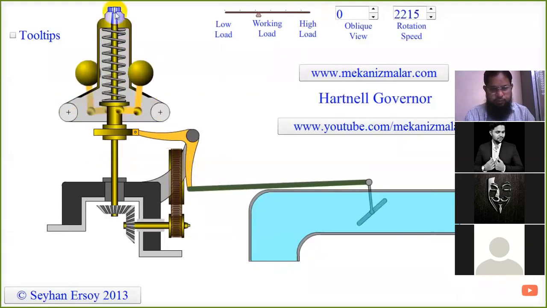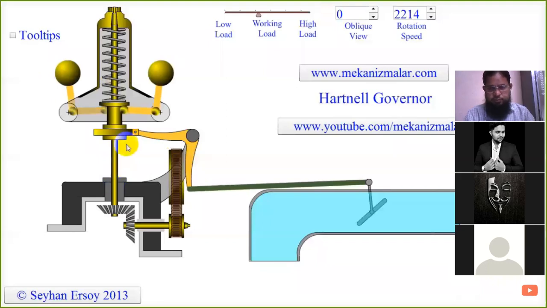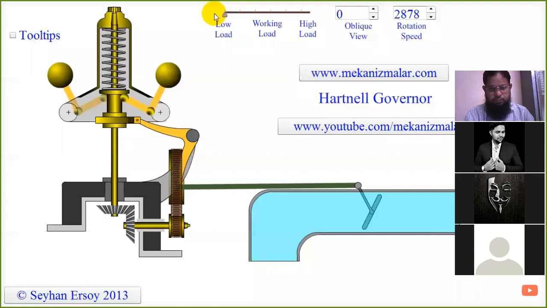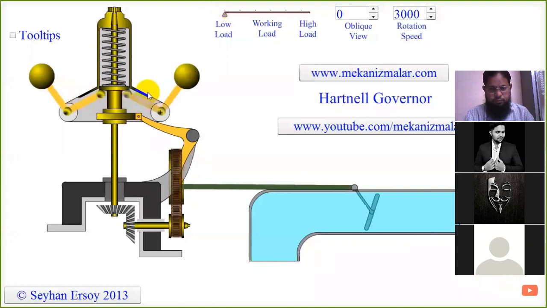Please notice that, in the animation, the frame is not rotating. This is because I wanted to make connection points of the balls visible. However, the frame is attached to the governor spindle and therefore rotates with it. Each lever carries a ball at the end of the vertical arm and a roller at the end of the horizontal arm. You can observe in here how the roller moves in and out when rotation speed changes.